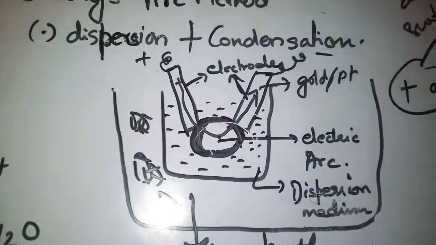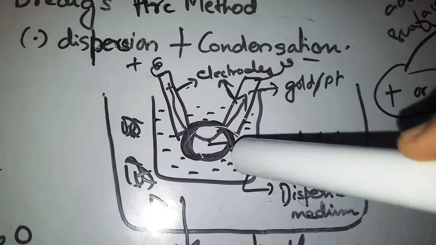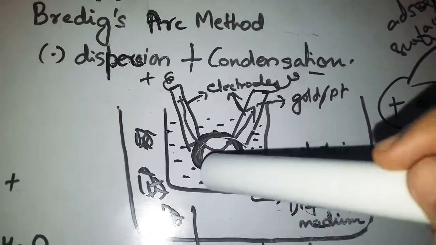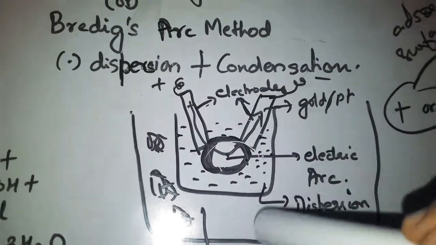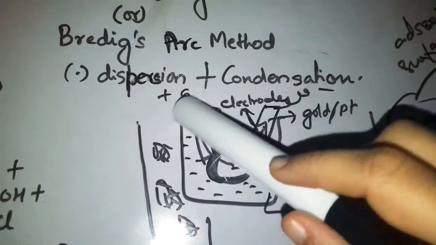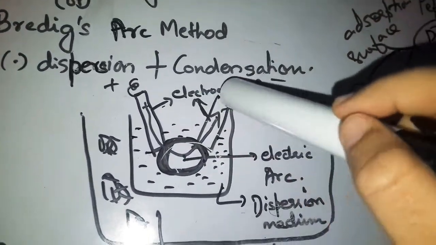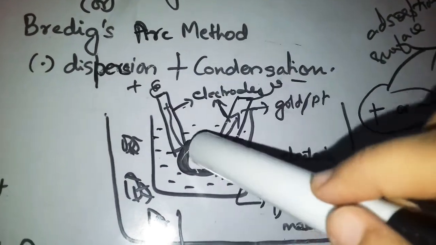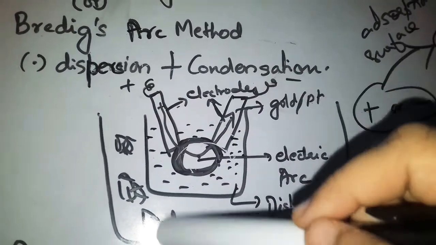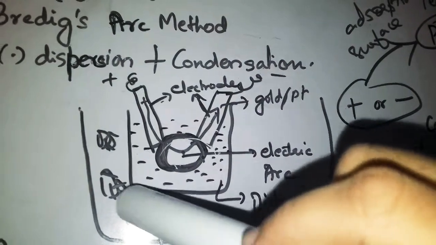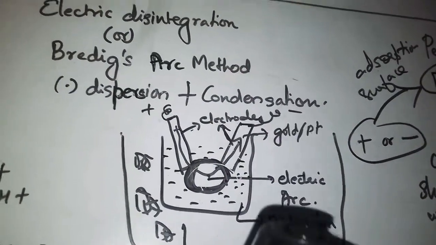And between these two electrodes an electric arc is struck. Okay, and a dispersion medium is also there in this small beaker, and when the charges flow, heat is generated, right? This heat then disperses, and suddenly it gets condensed. Why? Because the ice bath is surrounding it, so it is easily condensed, and the intense heat that is produced,